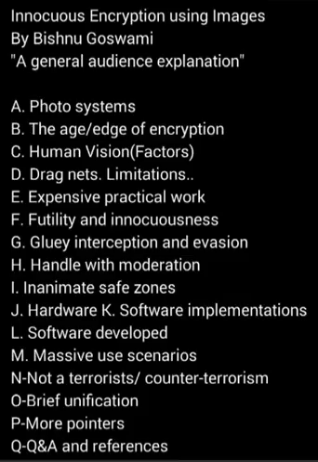Welcome. So today I am going to discuss my paper, Innocuous Encryption Using Images, in a way that is very accessible to all kinds of audience, including people who have